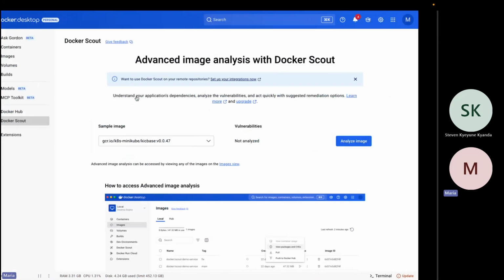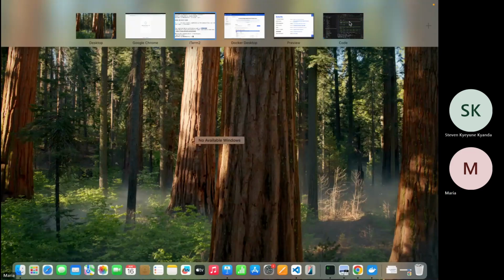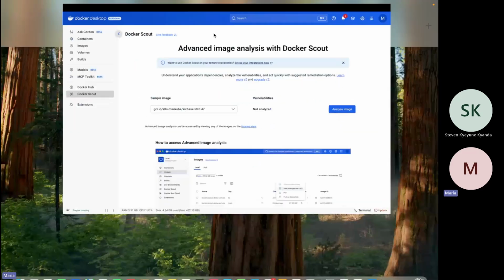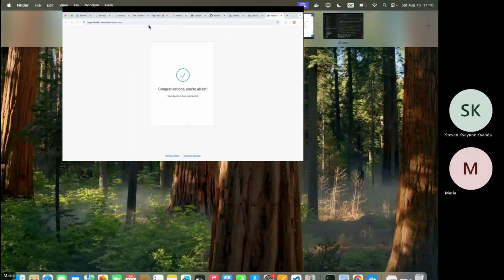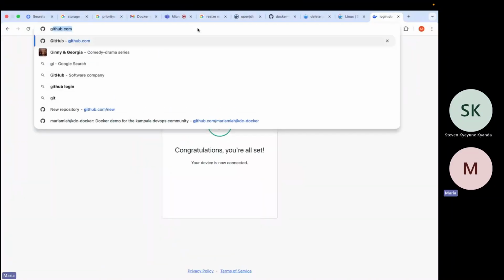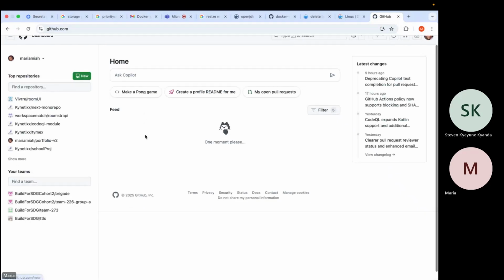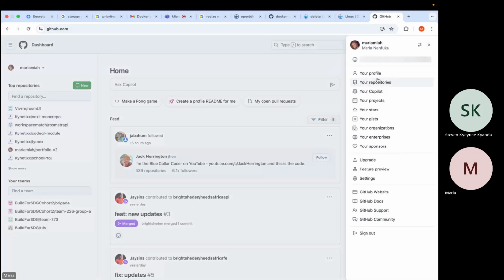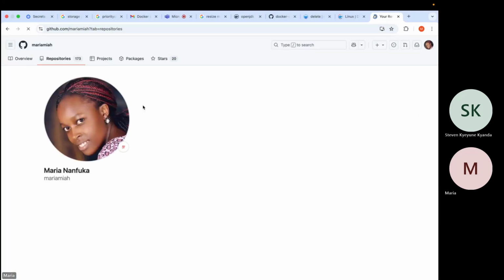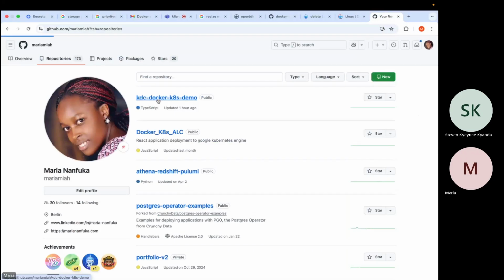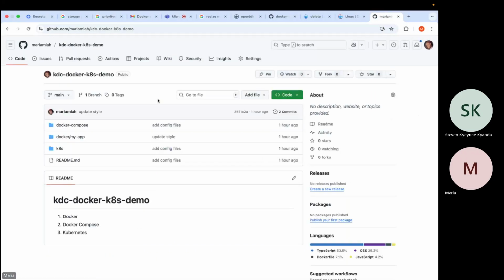I added a repository in my GitHub for those who would like to fetch and work around this. You can find this repository in my GitHub.